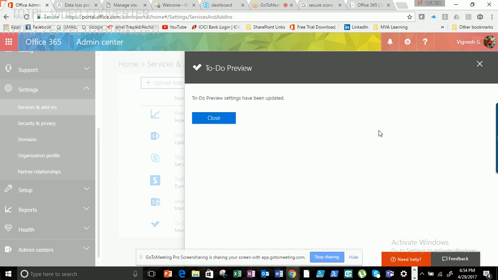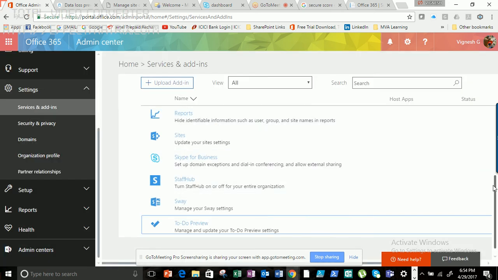Right now it's in preview mode. It's not rolled out for all the tenants, but maybe eventually Microsoft will roll it out, and you can just go here and turn that on for your users. So then I go to the